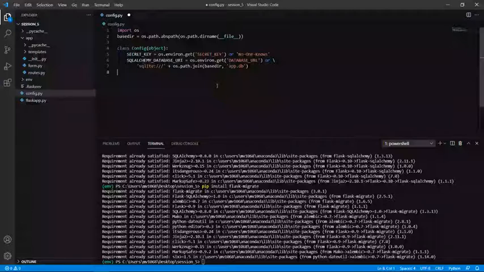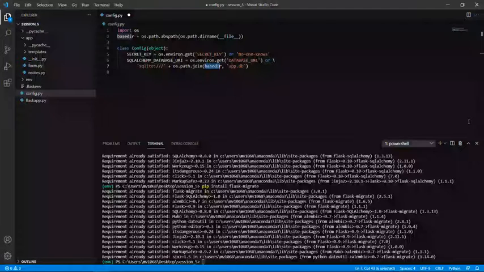Normally it is good practice to set a configuration from an environment variable and provide a fallback value when the environment does not define that variable. Here, the database URL is the environment variable. If this one is not defined, then we need to create a database named app.db, which is located in the main directory of the application, the base directory. We have already defined the base directory value here, so this will be located in the base directory, that is our app directory. So we have defined all this.